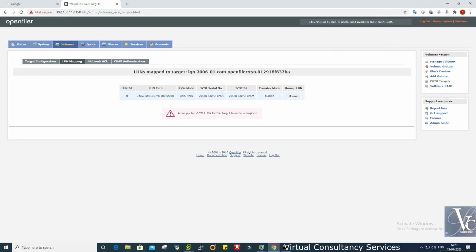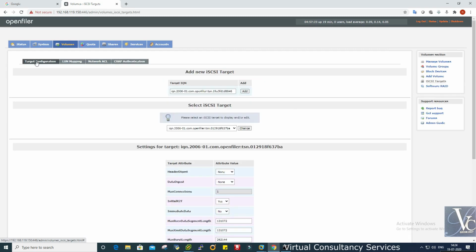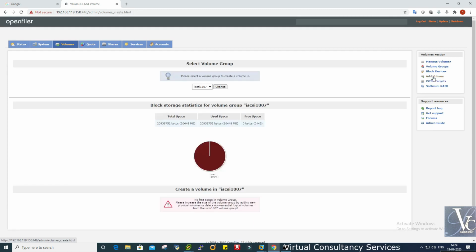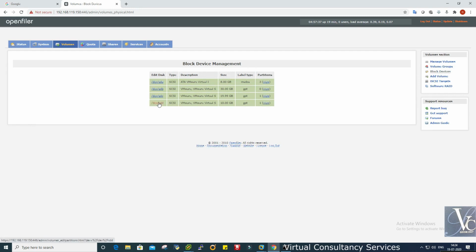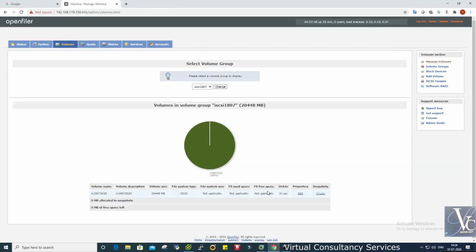Go into the volumes and then iSCSI target, LUN mapping, target, volume, add volume, block devices, manage volume.